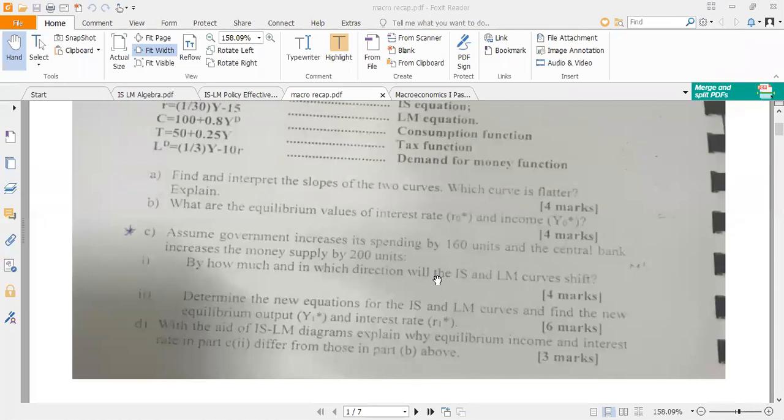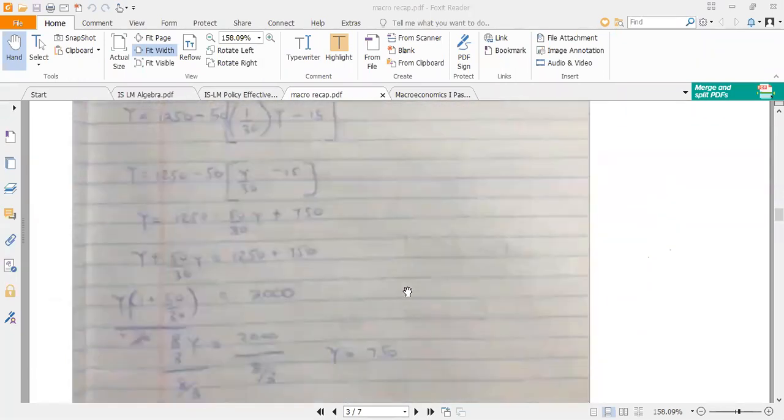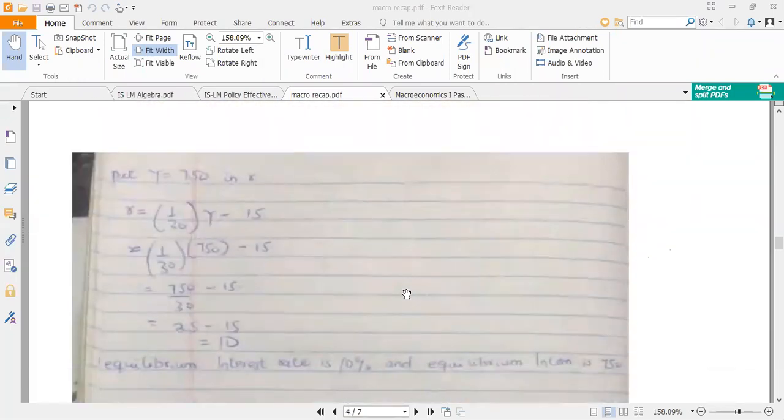From theory we know that whenever government increases its spending, the IS curve is supposed to shift to the right. But if you want to use this to prove it, it's the sign that we use. A positive sign attached to the magnitude means that the IS curve is shifting to the right. If the sign is minus, then we are moving to the left. So let's look at that. If you want to find the change in Y,